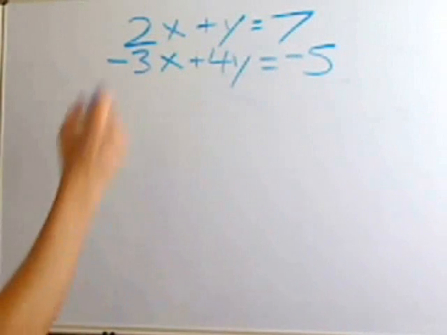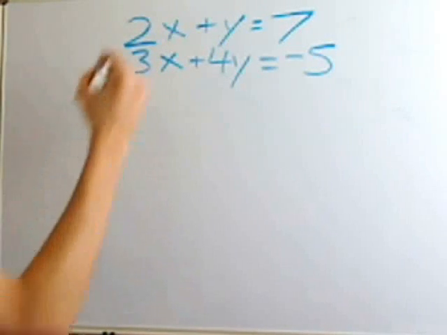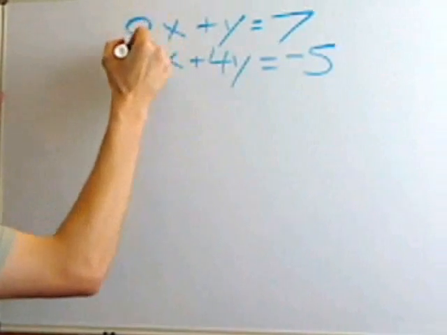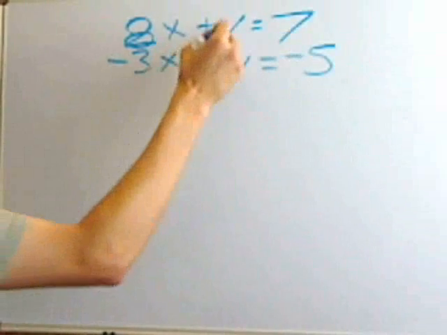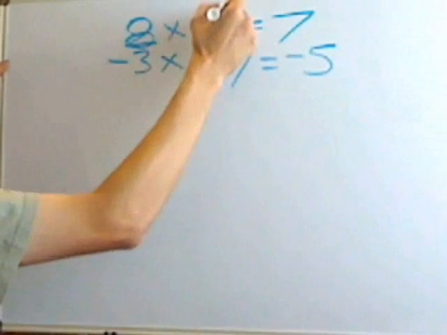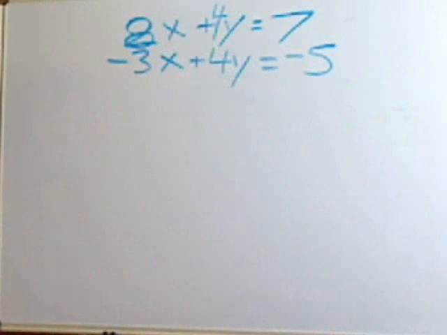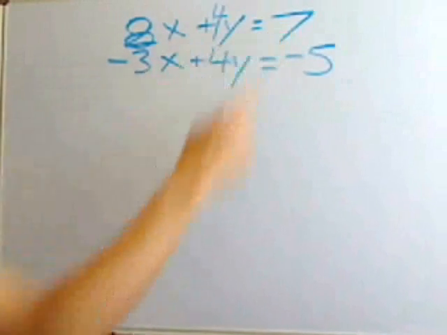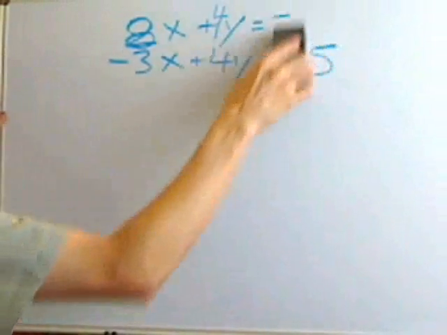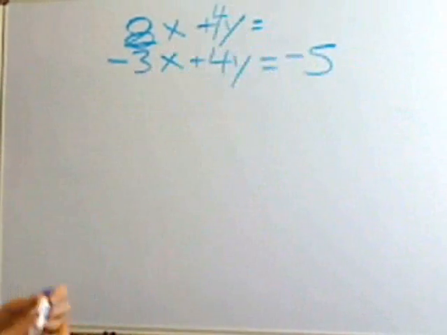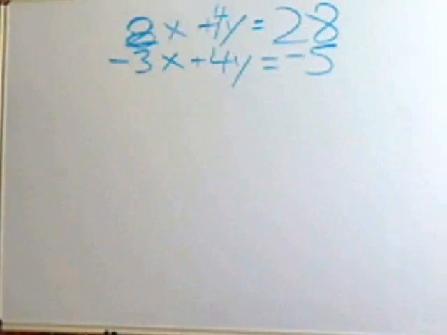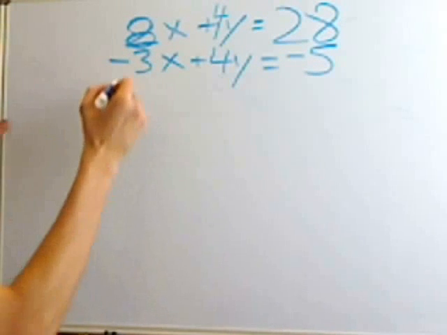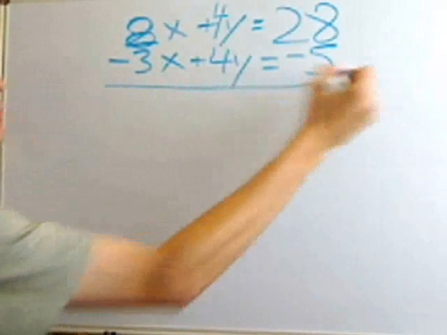So when we do that, 4 times 2x gives you 8x. So we now have 8x there. 4 times y gives you 4y. And then finally 4 times 7 is 28. Okay? So we've just changed that equation a little bit, and now what we can do is just subtract these